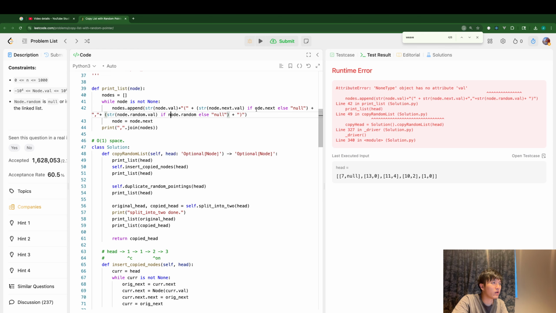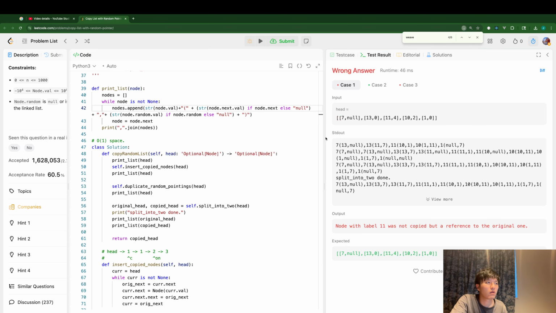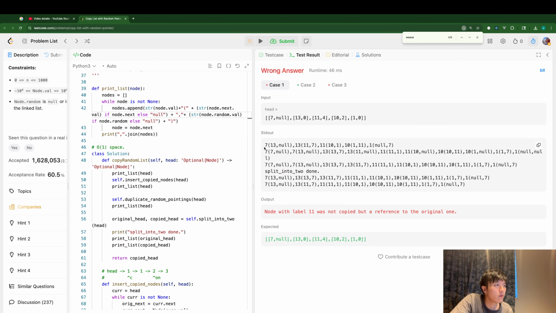Please bear with my dirty code, but this is just printing out. So here, let me check. This is the original node. And when I copied it,